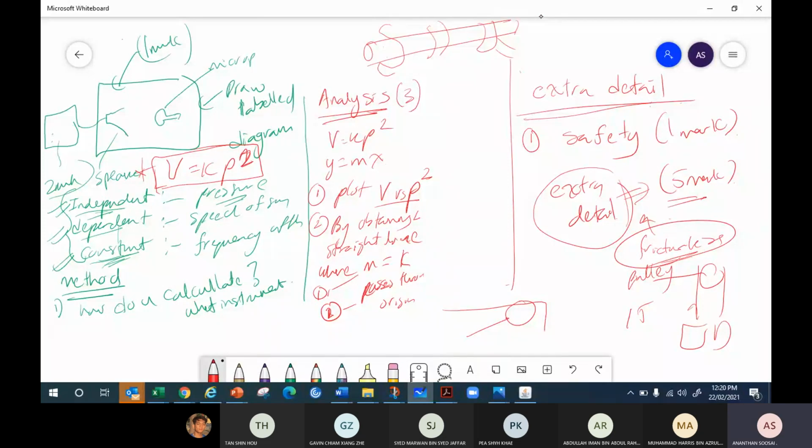So you got an idea. So the clarity in your measurement leads to an extra detail mark. You must have 5 extra detail marks. Okay, so that's all. That's the final part of your design experiment. So do we need to put in extra detail? Do we need to put it in our method, or do we need to put it separate from our method?